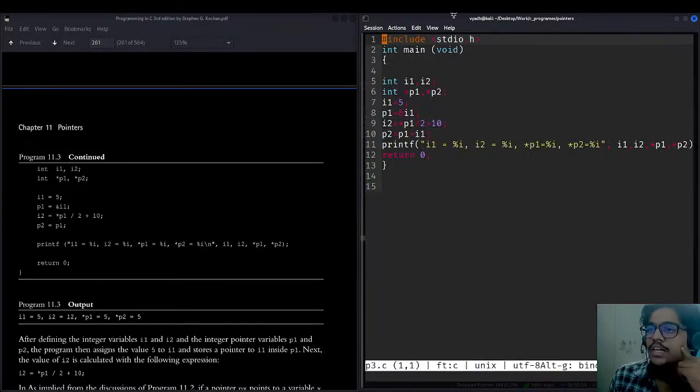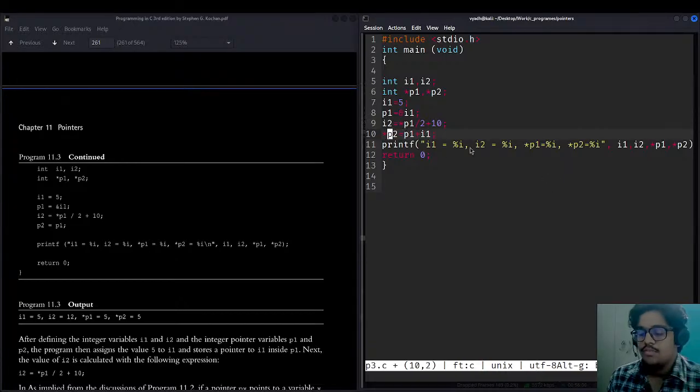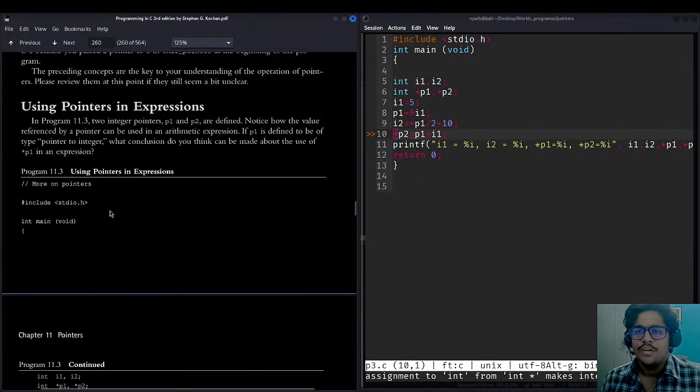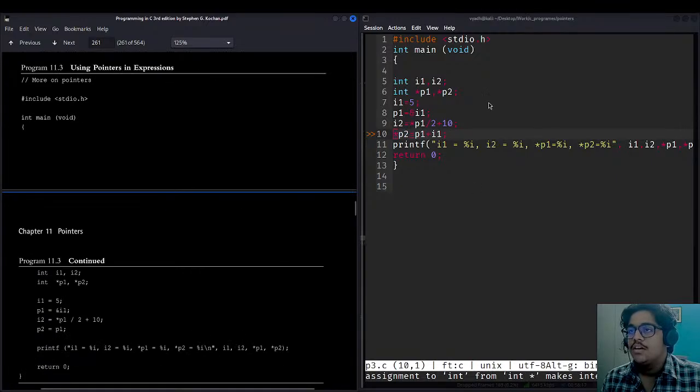Let me do one thing. What if we do like this? Yes, same thing. The error is assignment to int from int star, because we have assigned int to p2, but in the expression we have changed the value of this standard variable to a pointer.